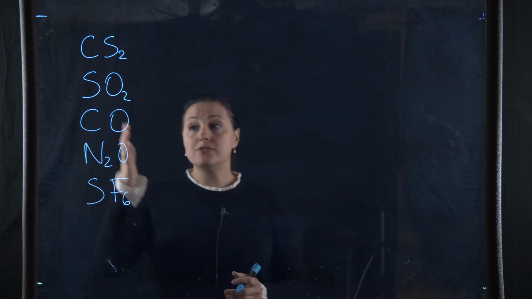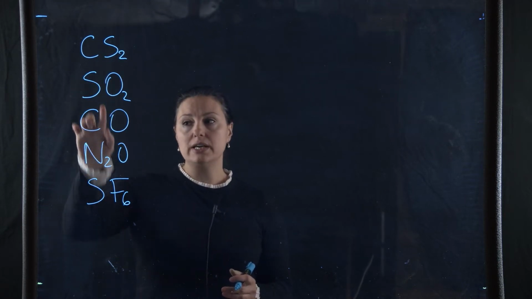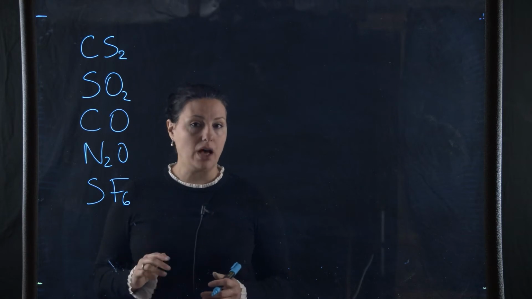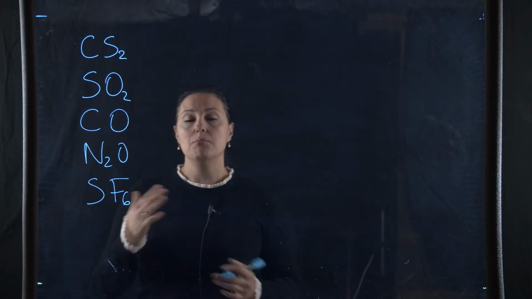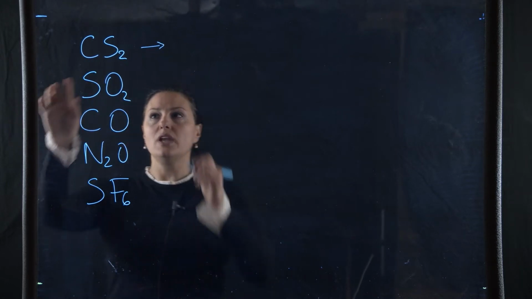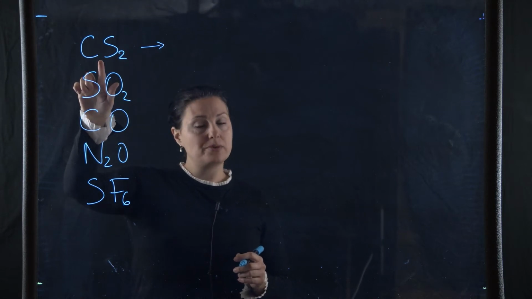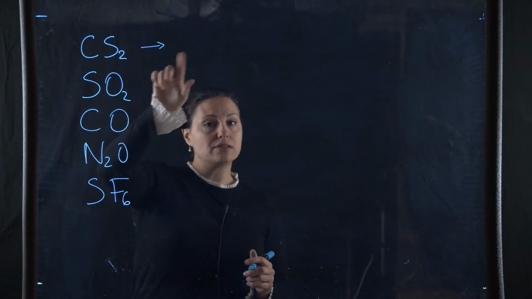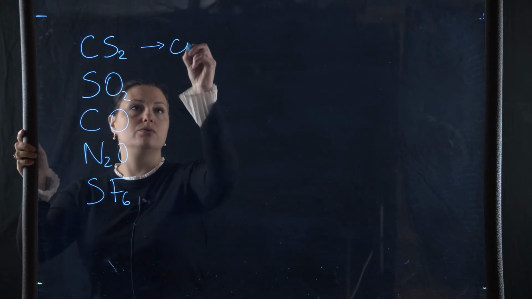For the first element, if the subscript here is 1, we do not use the mono for the first element. We do for the second, but not for the first. So let's take a look at this one. I have carbon and I have sulfur. Carbon has a subscript of 1. Therefore, I don't write monocarbon. I just write carbon. So I write the name of the element, which is carbon,